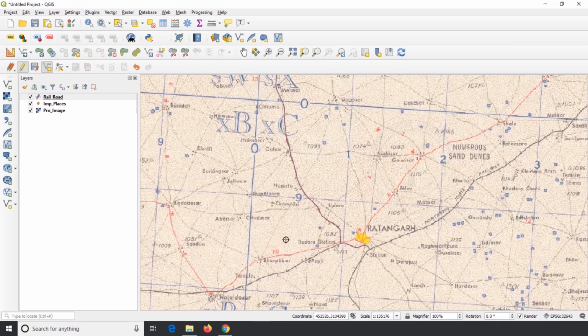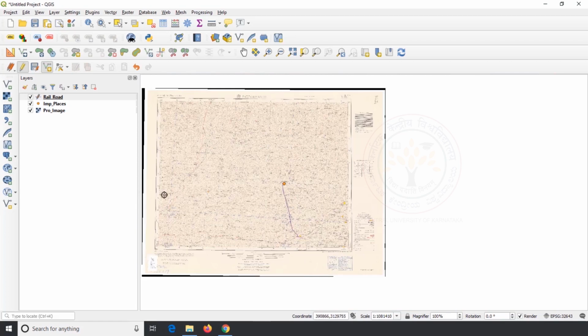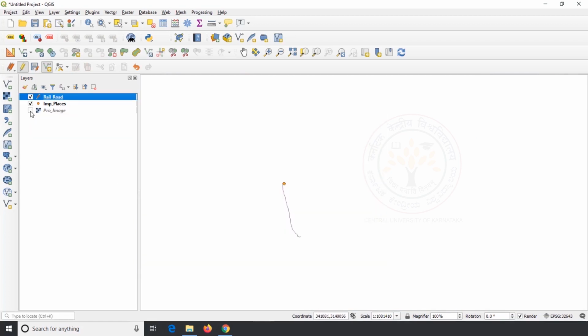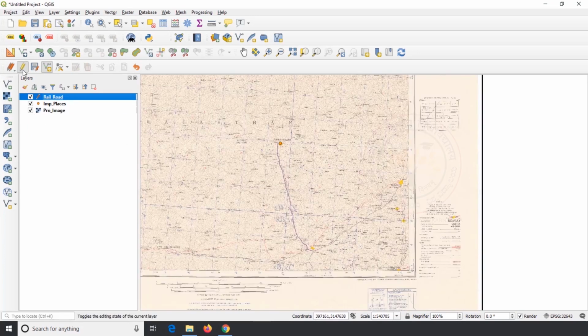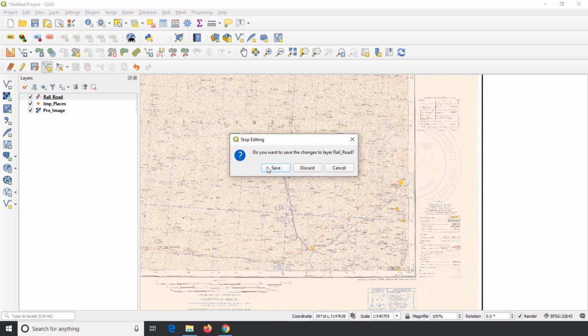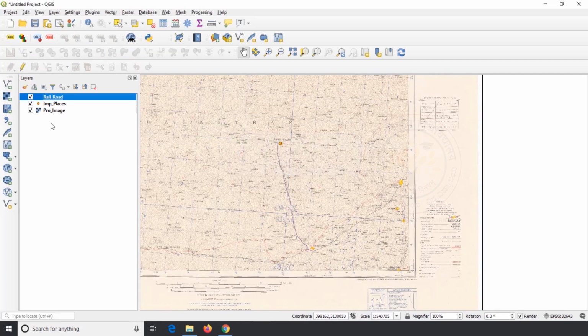And click on OK. Now hide the topographical sheet from canvas and see the digitized point and railroad. Click on Toggle Editing to stop digitizing. Click on Save on pop-up window to save the digitized railroad.